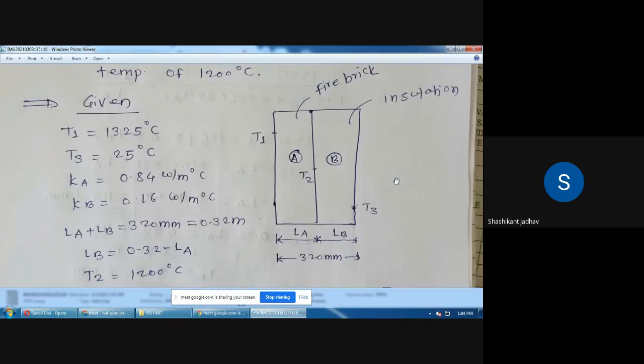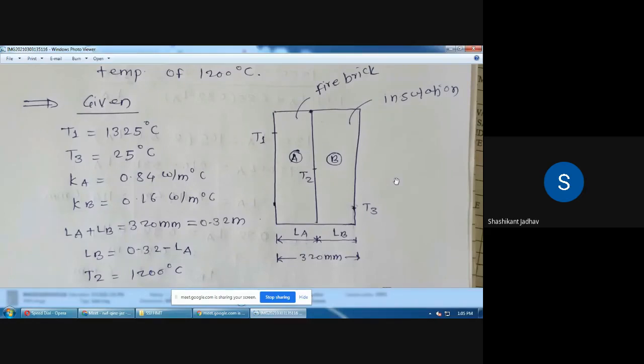काय येणार सांगा? For three layers, we have calculated the equation for the composite wall. Q is equal to something. So this is a two layer wall. So for this, we have to write the equation for the rate of heat transfer, that is Q. Can anyone unmute yourself and tell me the equation for this case? कोण सांगतंय? Anyone? Tell me. कुणाला समजलं नाही काय?